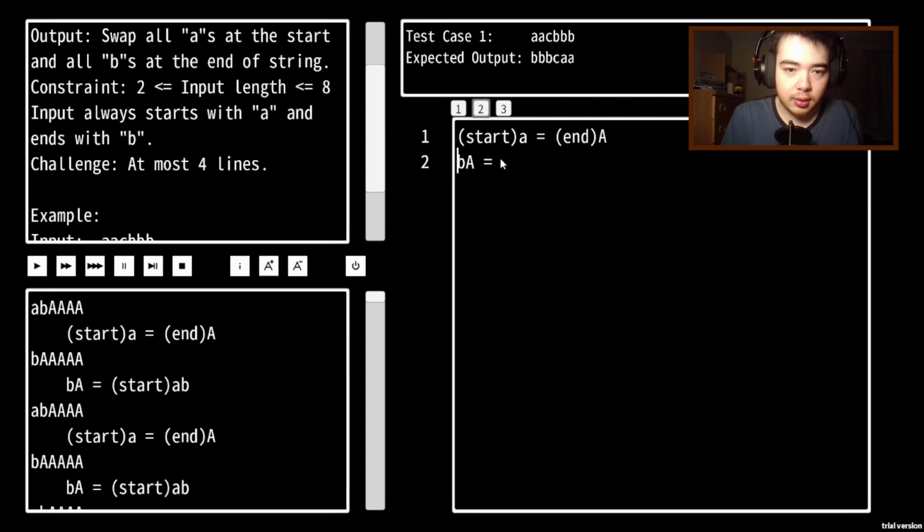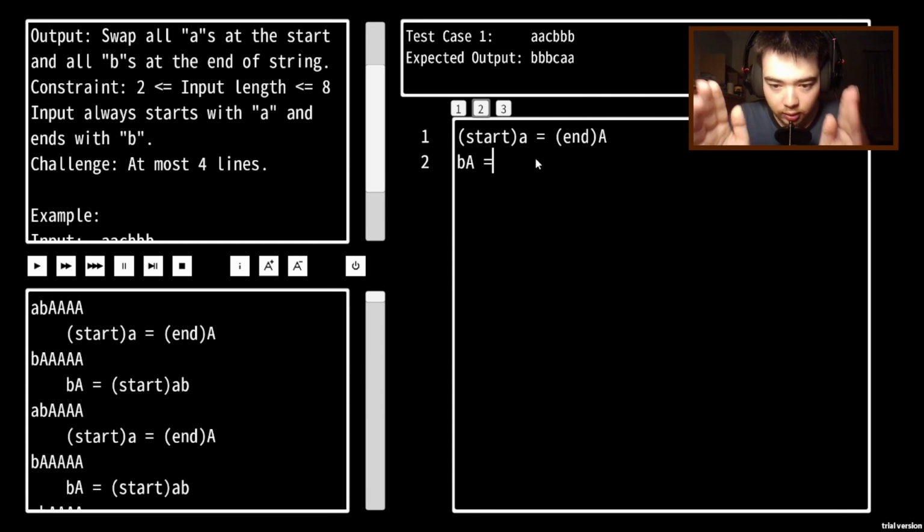I think BA is correct. So this will transfer all of the A's all the way to the end. Then what we want to do is we want to do BA. Maybe we want to do something like BA becomes